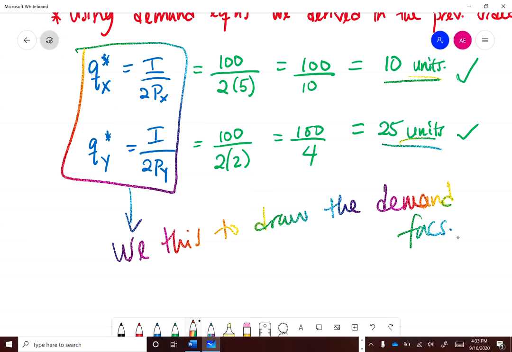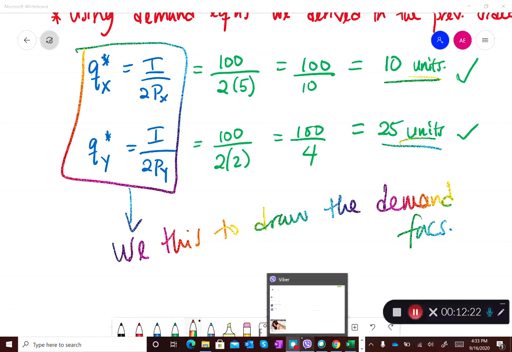Yay! All right. Again, if you have any questions, let me know. This was us using an example to explain that demand function that we just